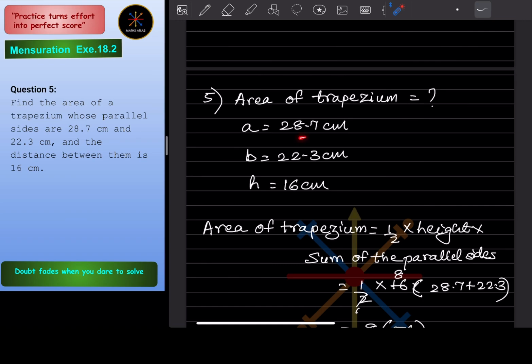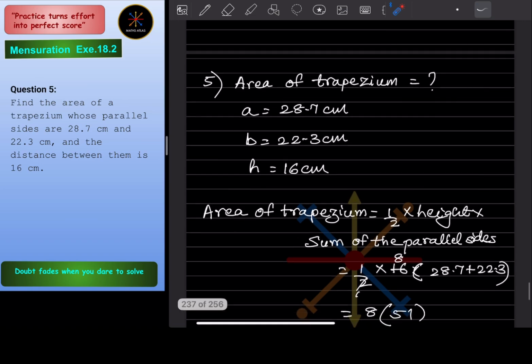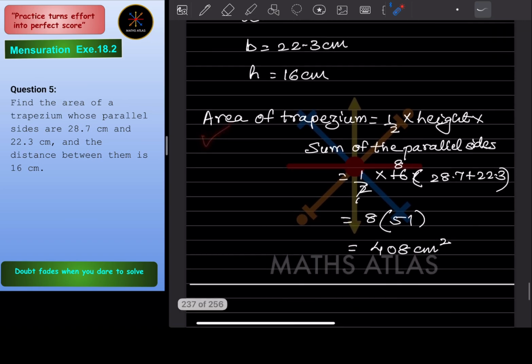The parallel sides are given, A is 28.7 and B is 22.3, and the height, the distance between them, is 16 centimeter. This is one of the easy ones. Here we use the same formula: half, 16, into 28.7 plus 22.3. After simplifying, this will be 8 and this 51,